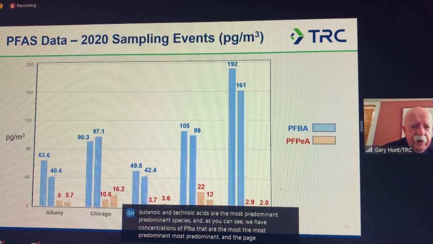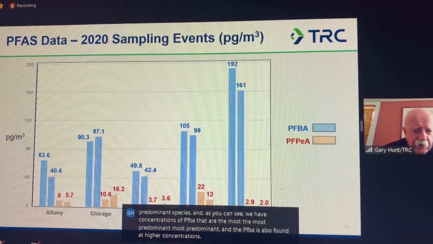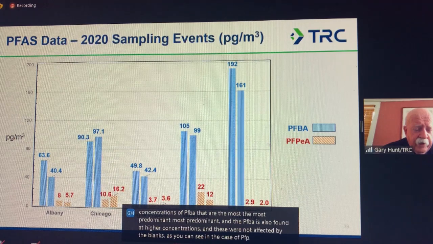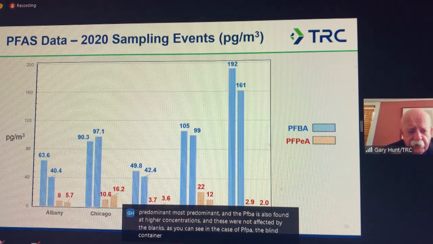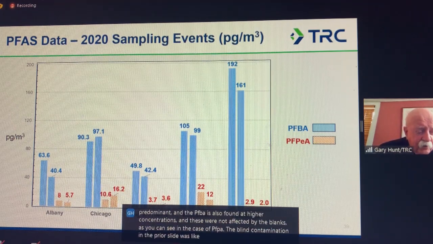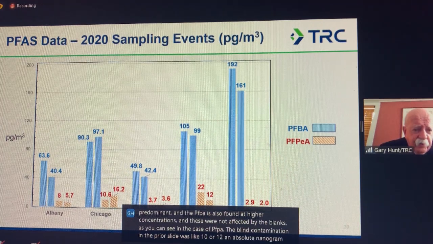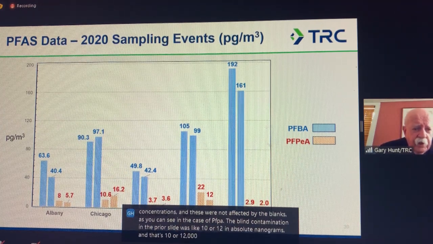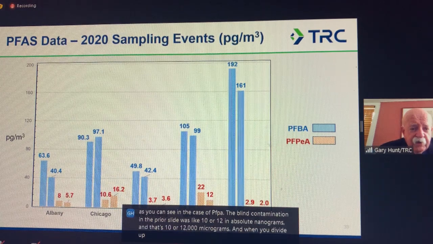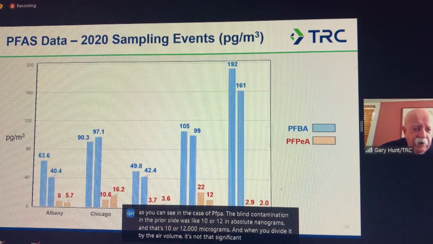And the PFBA is also found at higher concentrations, and these were not affected by the blanks. As you can see, in the case of PFBA, the blank contamination in the prior slide was like 10 or 12 absolute nanograms, and that's 10 or 12,000 picograms. And when you divide it by the air volume, it's not that significant. So this is the most predominant